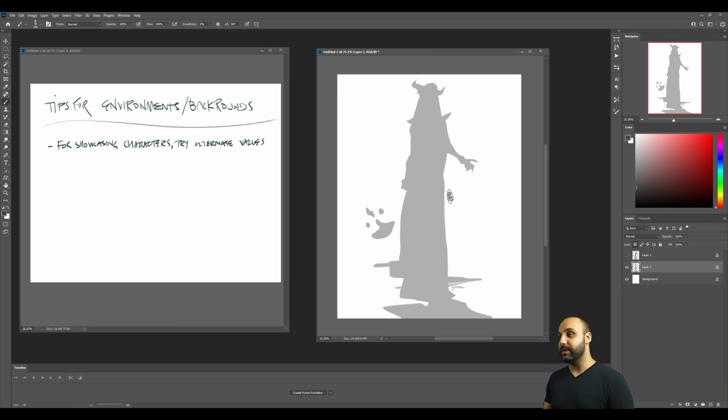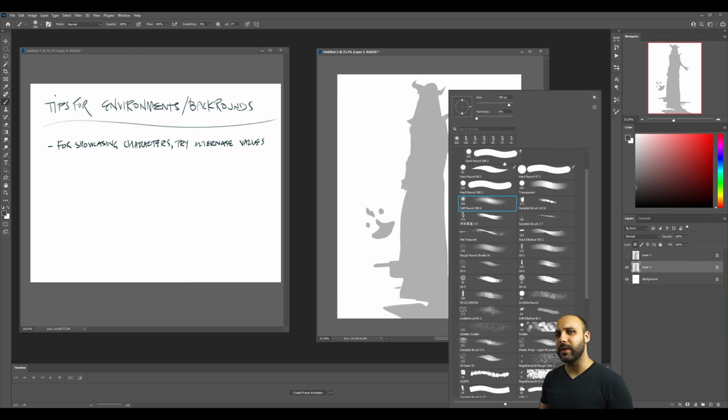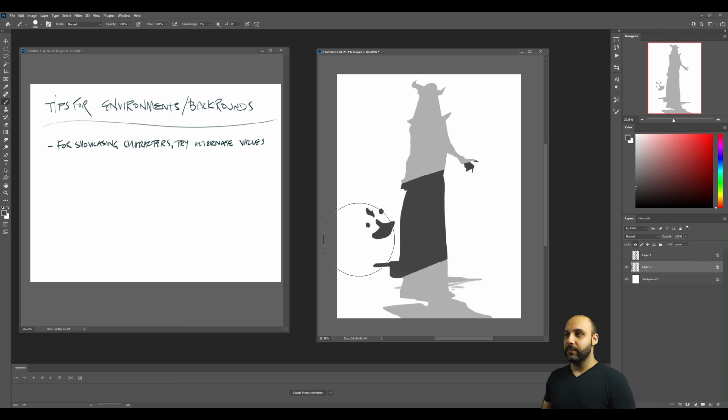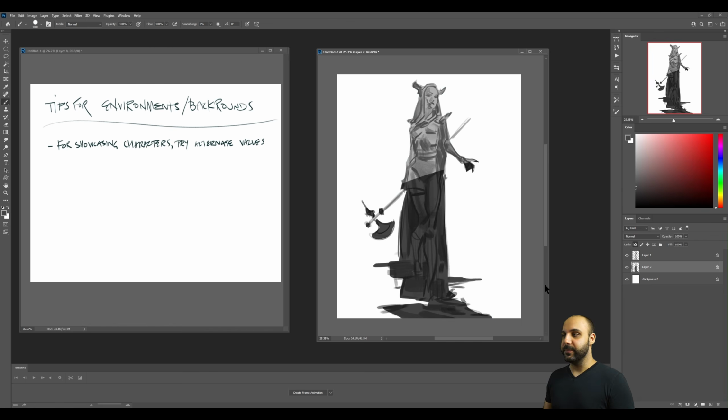So we can go ahead and grab this and use an airbrush or solids, it doesn't matter. Well, actually, let's use solids for this. It'll convey the idea much better. All right, so now we've established some kind of lighting where there's lighting hitting the top side and not the